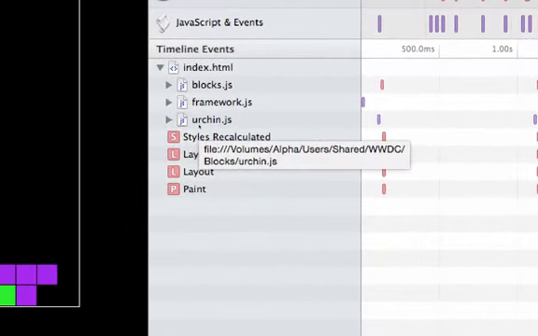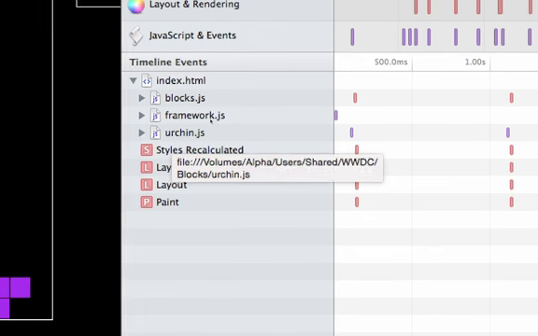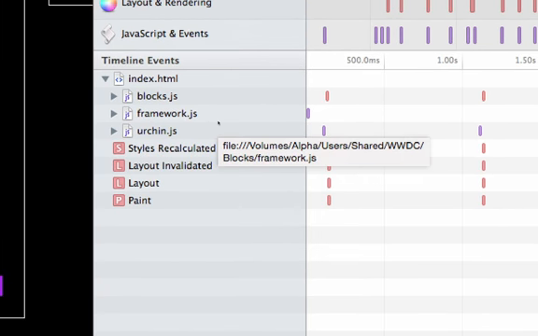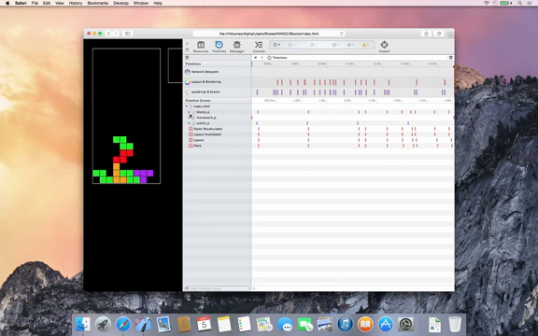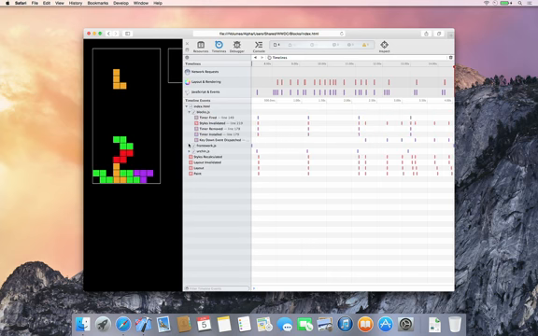My application has 3 scripts, but the logic is all in blocks.js. All the other stuff is stuff I didn't even write. I don't even know what's going on there. So I can ignore those, but they're doing some work. And normally that would clutter up my UI, but they're collapsed here, so they're not taking up any space. I'll go ahead and expand the script that I care about here, and I can see that timers are firing at a pretty good clip as I'm interacting with the page, and there's key events that are firing